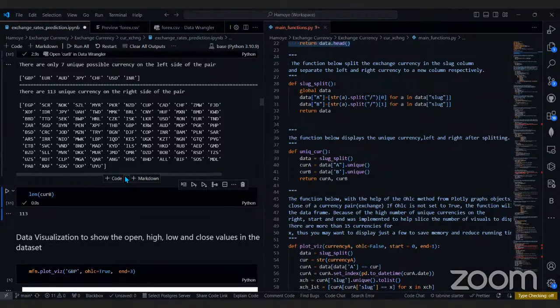And when we split it, we are able to focus on each section of the unique currencies. Like we can focus on the Egyptian pound, we can focus on these seven base currencies. First of all, it was actually to let us know how many unique currencies are on the right hand side. This is just the first thing we're able to achieve by splitting it. Then the second one will be the visualization part, which we are going to see. Then the third one will be the model part when we are trying to predict.